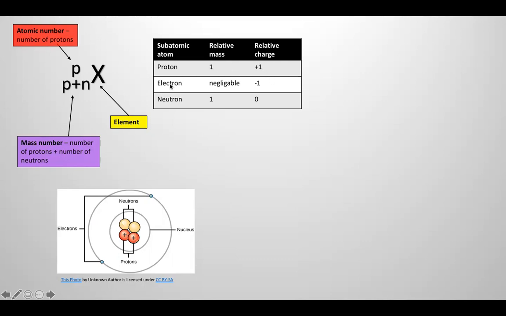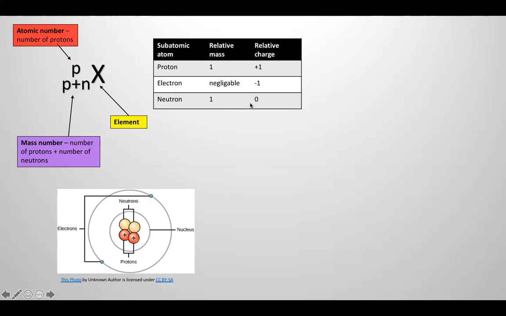An electron has a relative mass that is so small that you don't even need to consider it, so it's negligible. The relative charge is -1, and a neutron's relative mass is 1